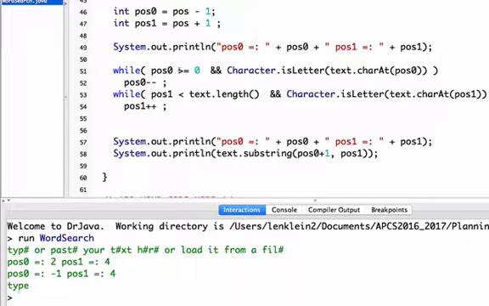And this is going to move back until it gets to be -1. But since this was not a letter at 4, it doesn't move anywhere. So I've printed this out, and now I return the substring, which is the word type. And that's what this is all about. If I did this all over again,